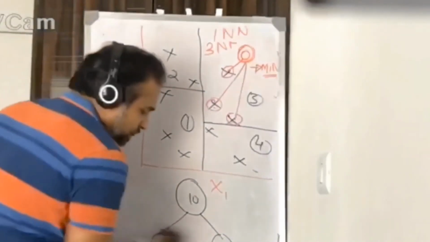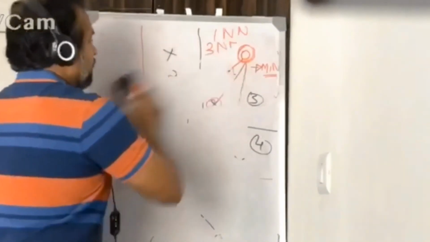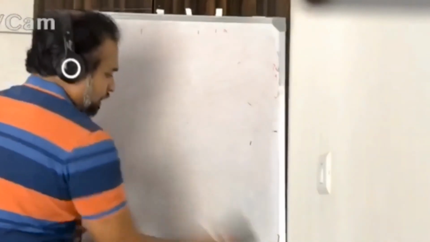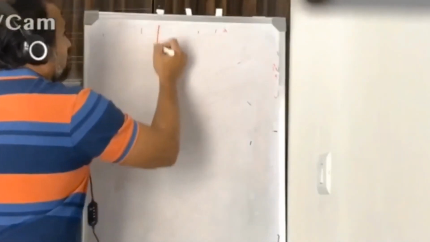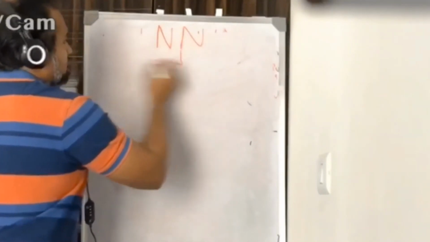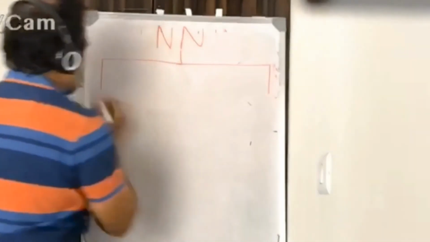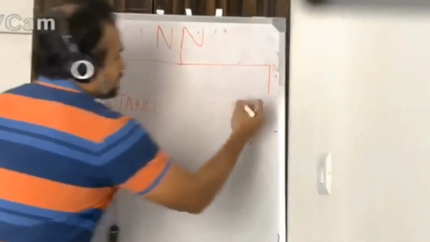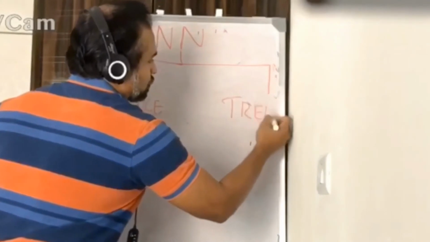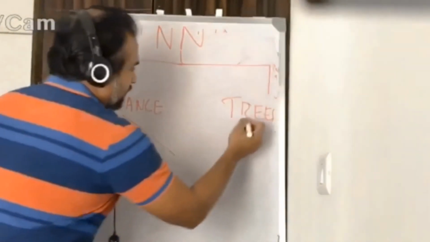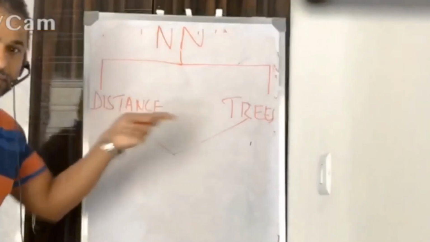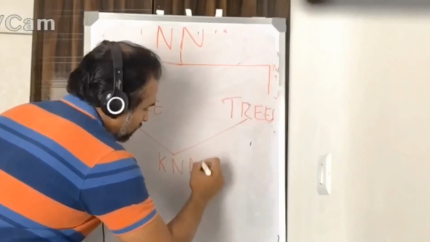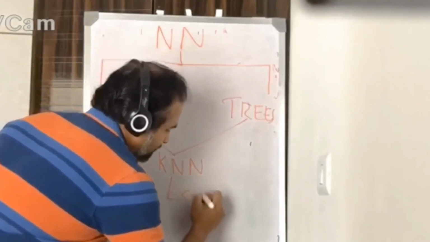So before I stop this video, let me summarize how it looks like. It's very simple. KNN or NN, what we spoke about, has two major concepts to it, I wouldn't call them components. One is distance, the other one trees, right? We just spoke about trees. Once you identify and understand these concepts really well, the distance and the tree concepts, you're going to apply these concepts on the KNN algorithm to do your supervised analytics,